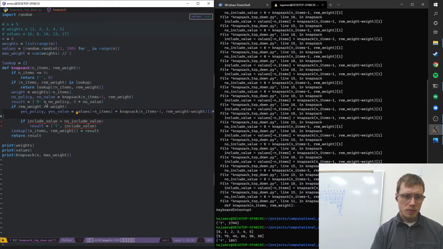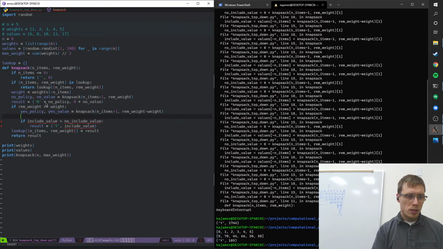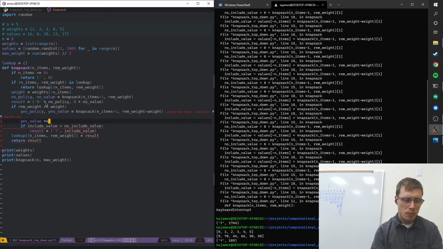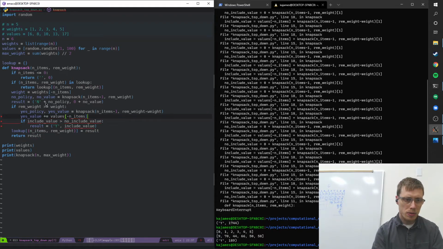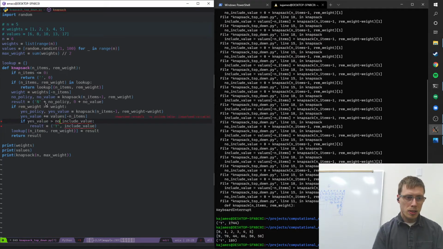Now we make sure we add on to the value, values of minus n items. So now we've added on the value there, and now we can say, if the yes value is greater than the no value in this case,